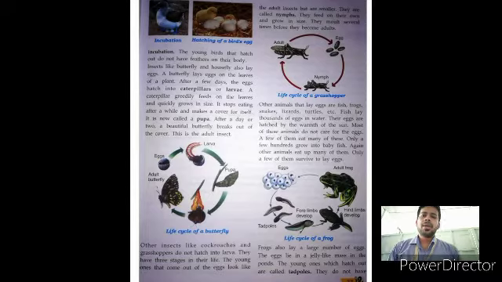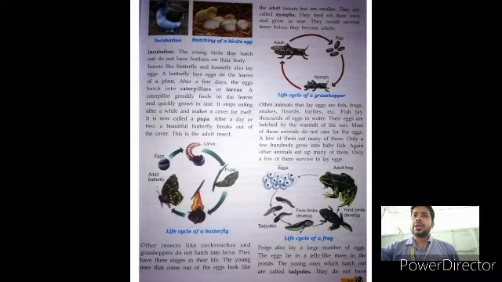Did you understand this portion? When fish, frogs, or other animals like snakes and lizards lay their eggs in a water body, there are other kinds of animals living in that water body, and those animals sometimes, or most of the time, eat up their eggs. Therefore, out of the hundreds or thousands of eggs, a very small number are able to hatch, and from these eggs a complete fish, frog, snake or lizard comes out.